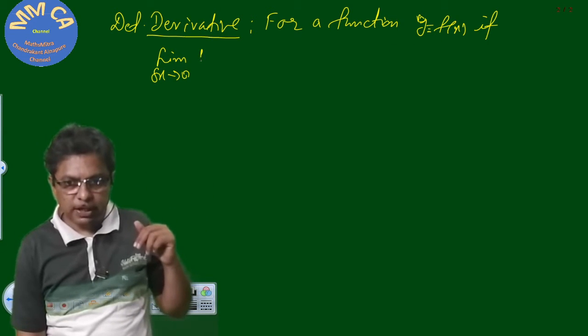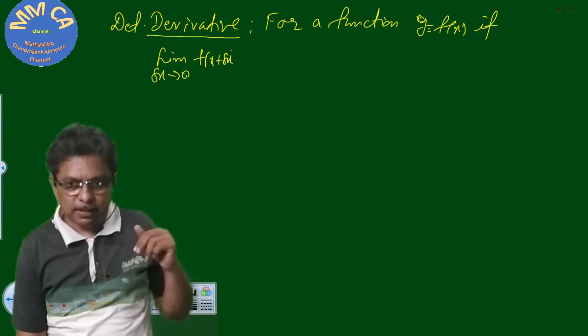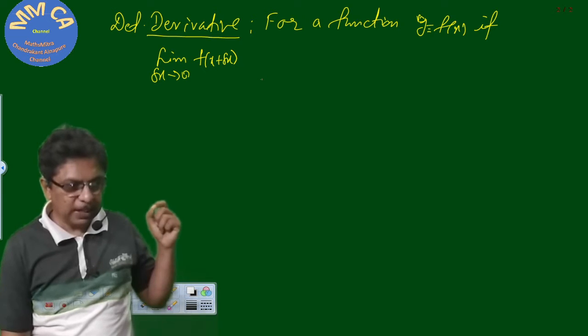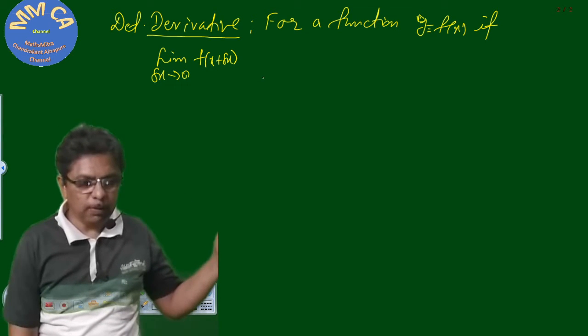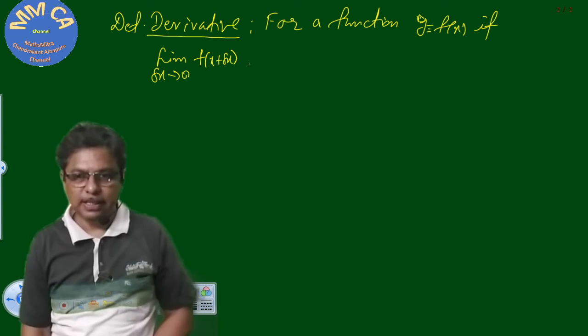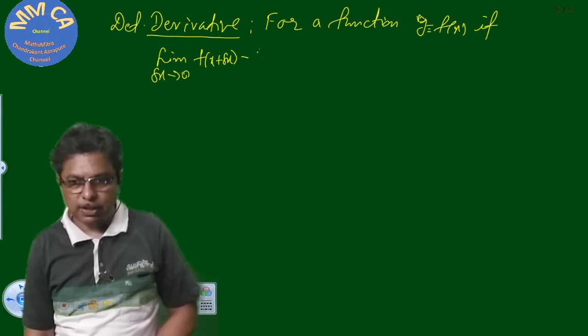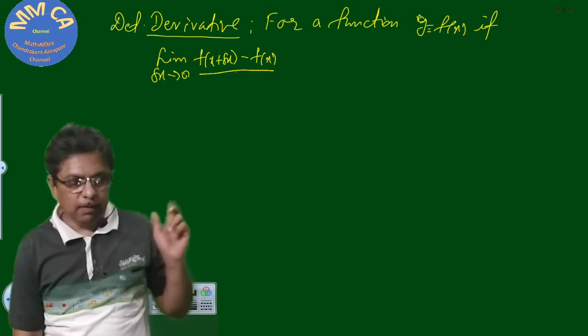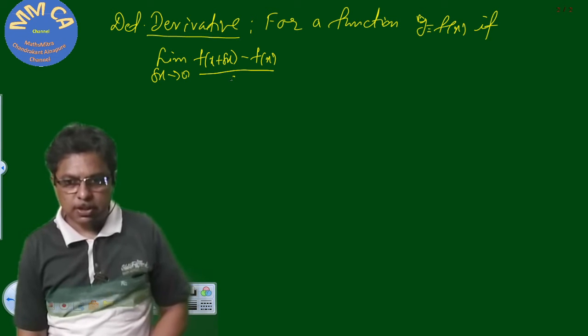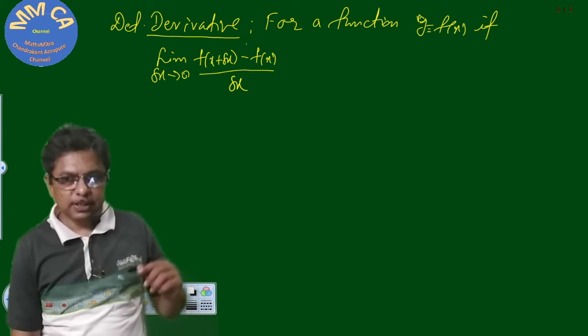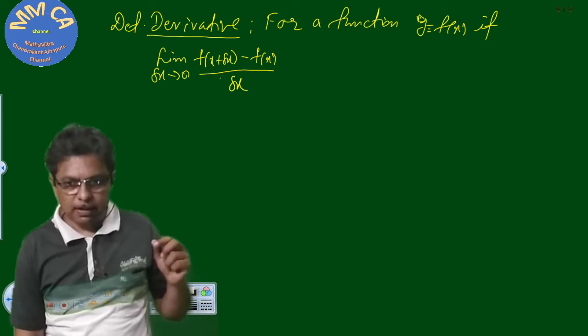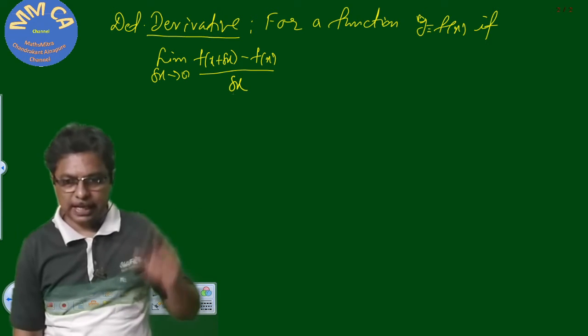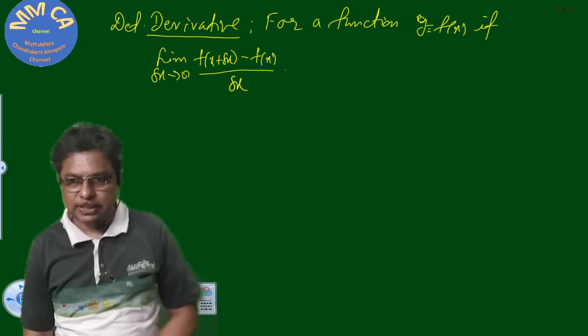So if we consider another value of x as x plus delta x in the domain, its corresponding value will be f of x plus delta x in the codomain. And we have to take the difference of these two values. Here we have taken the difference in the values of x as delta x. So simply the numerator is the difference in y, and the denominator is the difference in x. If this limit exists,